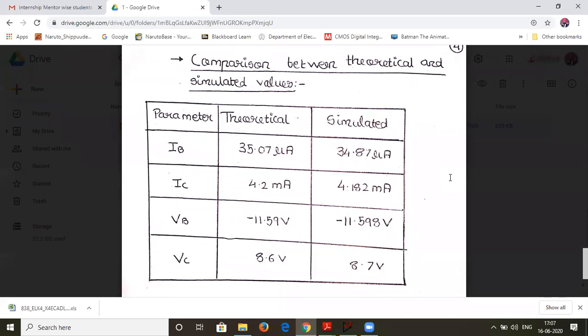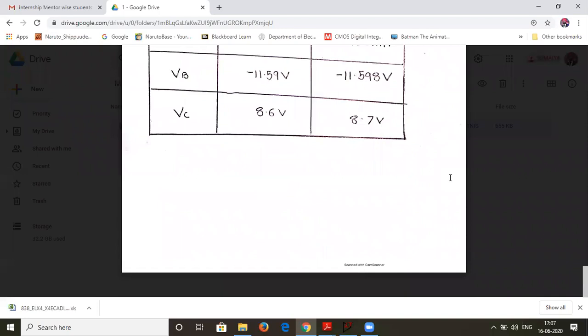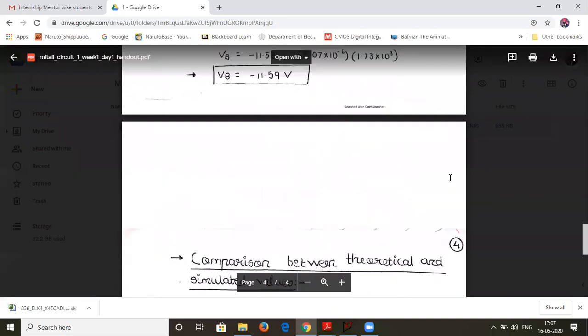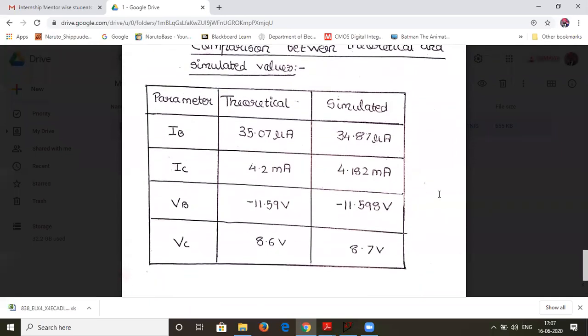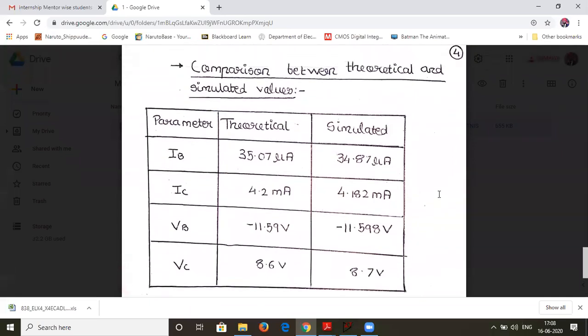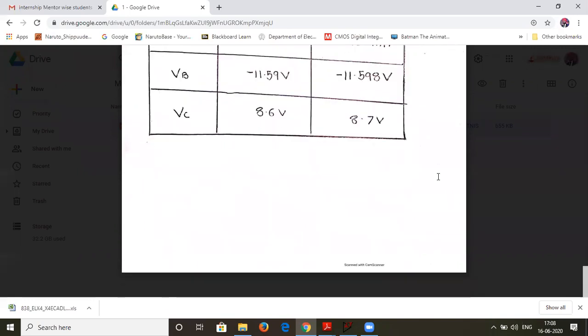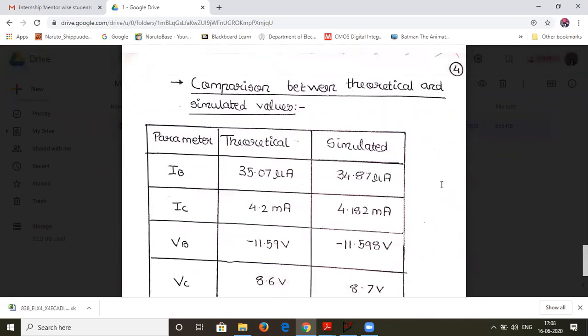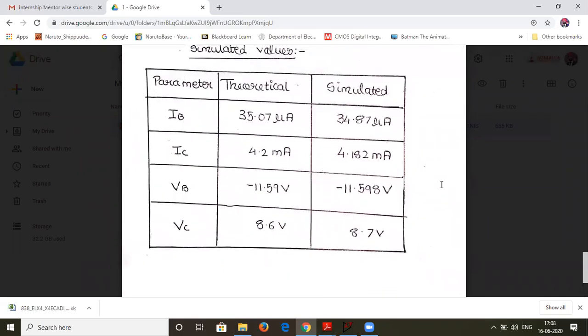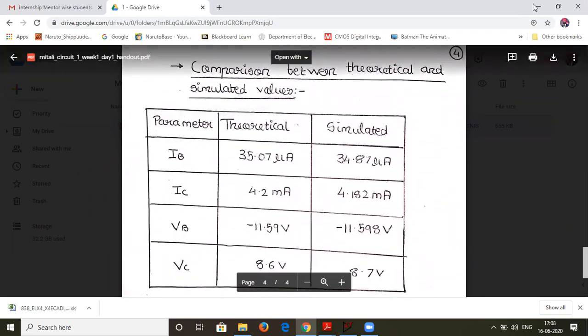Have I cleared your doubt? You have understood the format? So you can upload it using CamScanner in PDF form, compulsorily in PDF form. Okay, and the handout should be very clear to read also, so it should be readable. So any more queries from anyone else, or shall I conclude this session then?